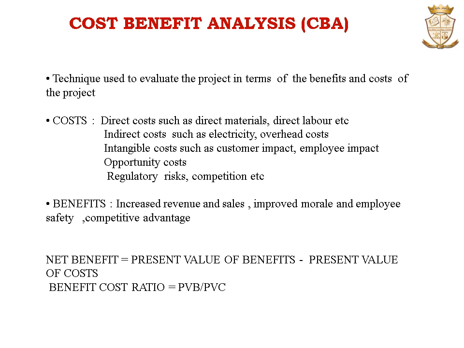So the costs involved in CBA are direct cost, indirect cost, intangible cost, opportunity cost, and the cost of potential risk. And the key cost benefit analysis indicators are the present value of benefits and present value of cost. And how to calculate the benefit cost ratio? It can be calculated as PVB divided by PVC, which means present value of benefits divided by present value of cost, and the net benefit equals present value of benefits minus present value of cost.